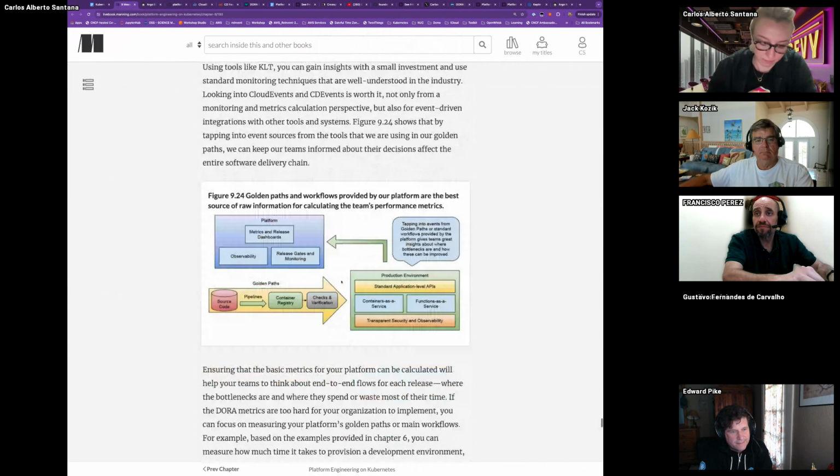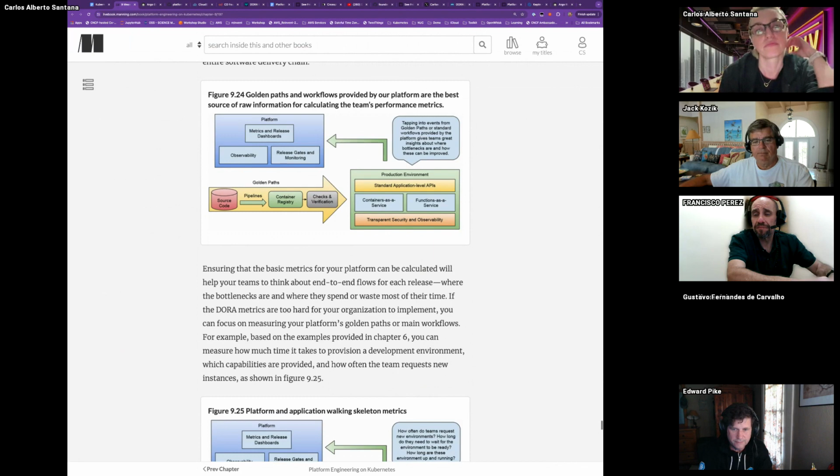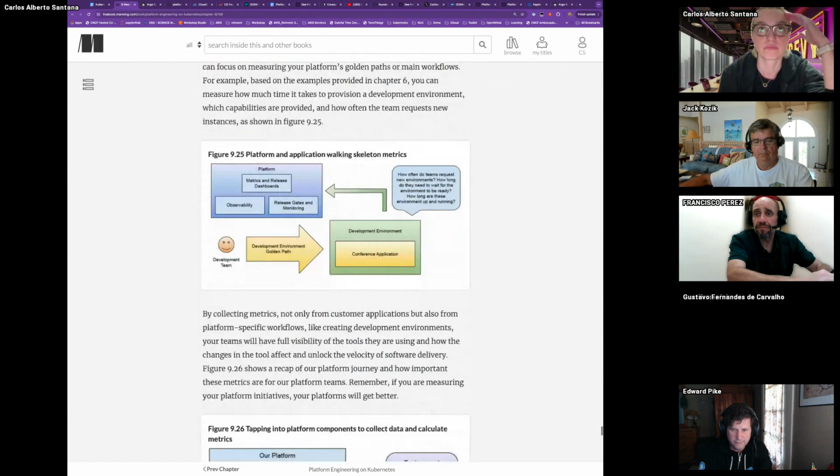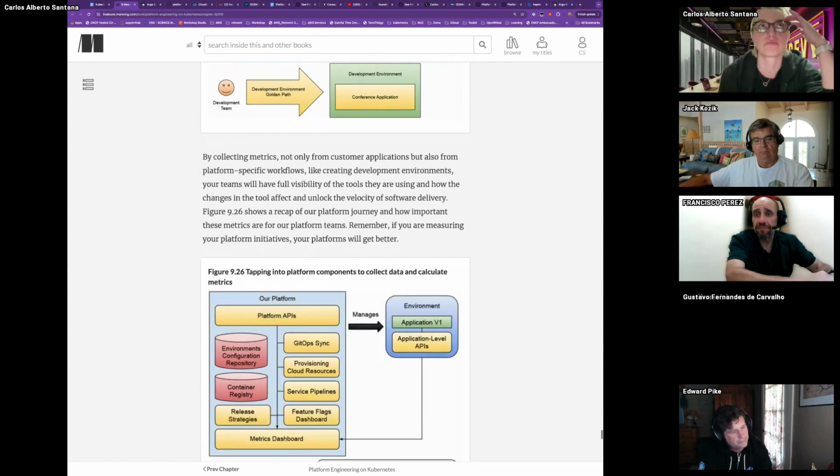In this aspect, it's closing the book with a platform that has metrics, observability, release gates and monitoring, creating the golden path to create a pipeline and deploy to an environment, with container as a service, and creating development environments, which was one chapter on giving an ephemeral development environment. So developers can quickly spin up their apps and don't have to touch the production environment.